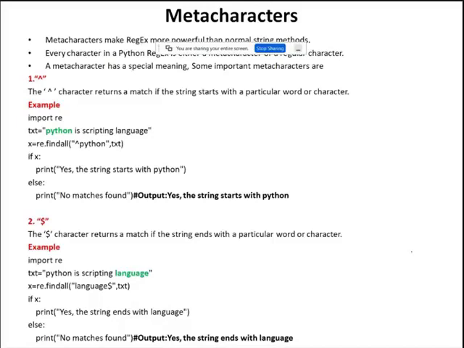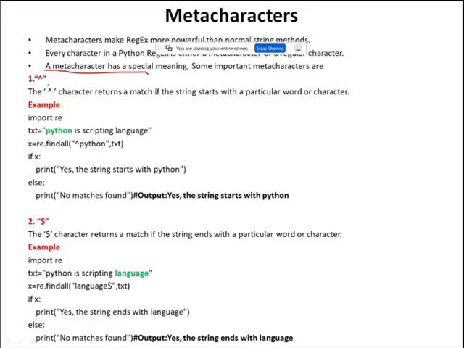A meta character has a special meaning. In the previous example, I told you the special meaning of the dollar symbol: if a set of characters ends with a dollar symbol, that tells the interpreter that the string should end with a particular character, then only it is true, otherwise it is not true. So every meta character has a special meaning, and here are the important meta characters.